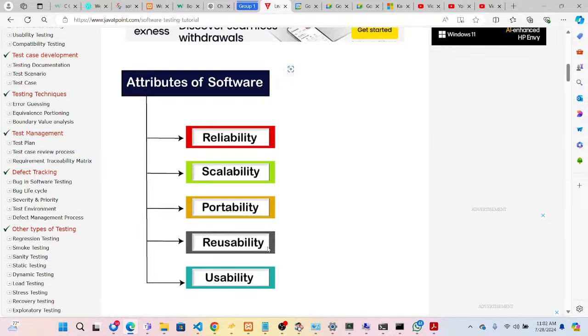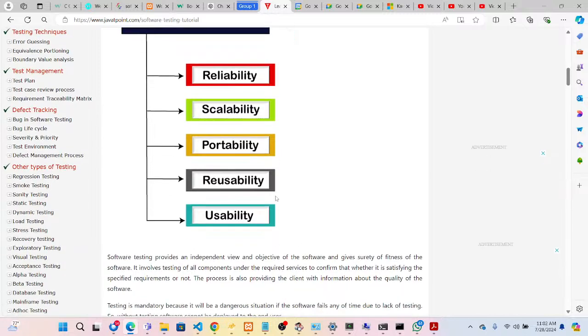And portable means your design or your software should be able to be ported to other platforms also with minimal time spent. For example, the app which is developed and is compatible with Internet Explorer or Edge should also work in Firefox or Chrome. So like that, it should be portable, okay, and it should be reusable, okay, and then usability, right? There should be a proper way of navigation, and you should be able to easily